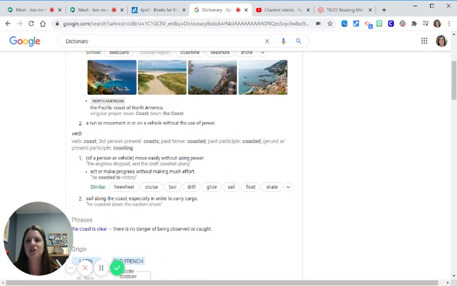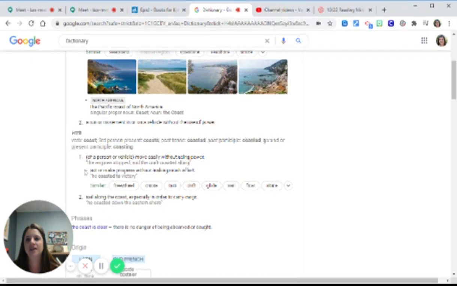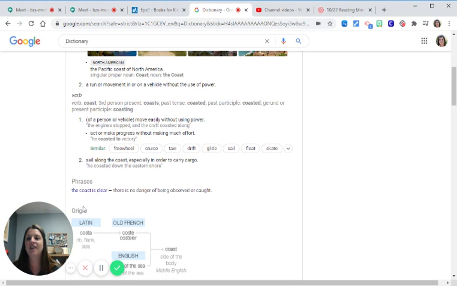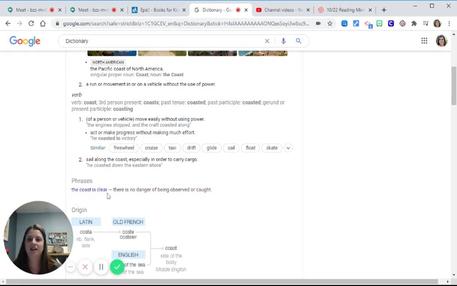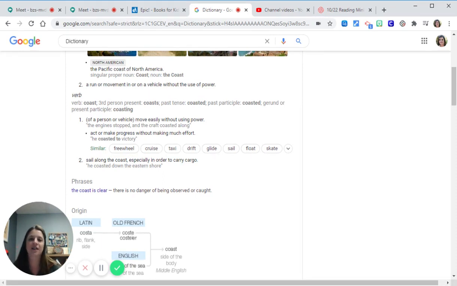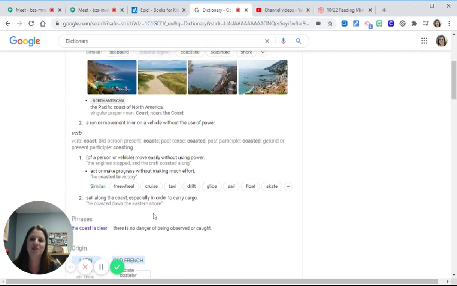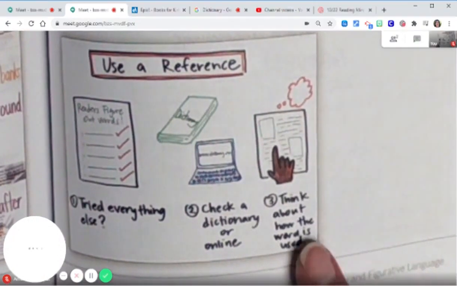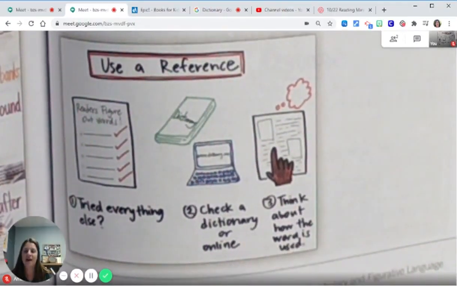definition. And so this verb right here just explains more about that movement. And so it gives us even more definitions of moving without power, even sailing along the coast, but in that idea of just coasting and moving along without power. And then they even give us a phrase, the coast is clear, which means there's no danger of being observed or caught. So when we hear that phrase, it means everything's clear, there's no danger. But again, that's not what they're talking about here. So that's why it's really important to think about how the word's being used so we don't actually accidentally pick